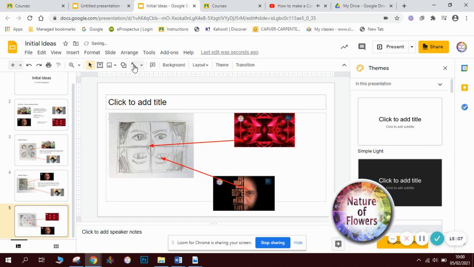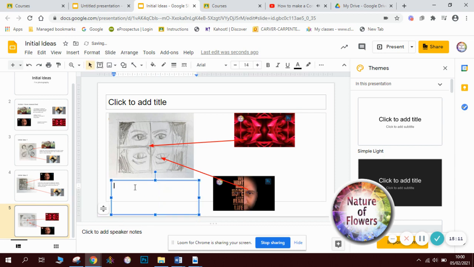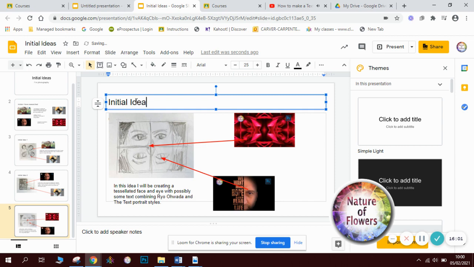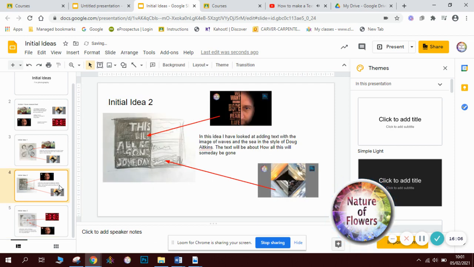Text box. I've already got a text box down here. Inside there. Possibly some text. I haven't decided about the text yet. There we go. Call it initial idea 3. Now, the great thing about doing these initial ideas is obviously once we've got them, we can